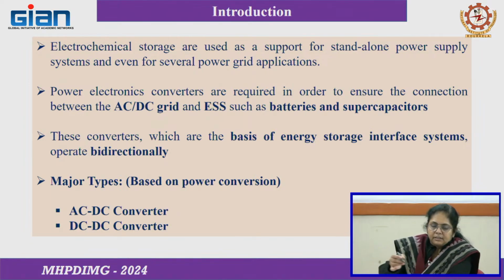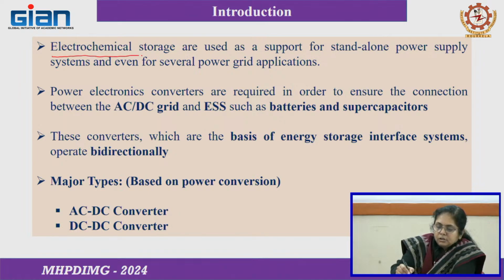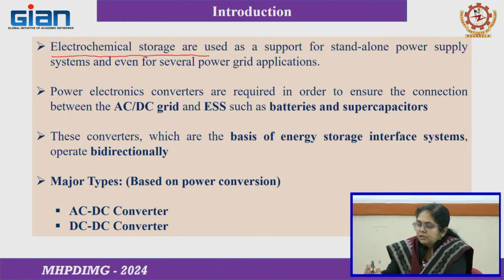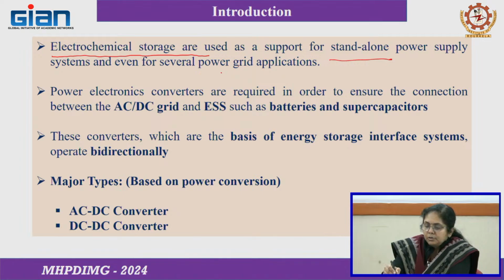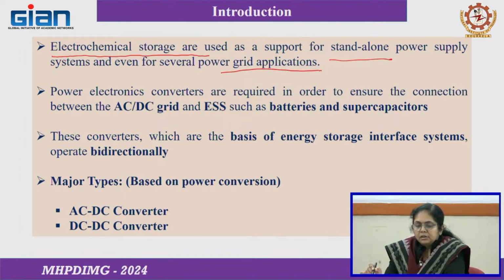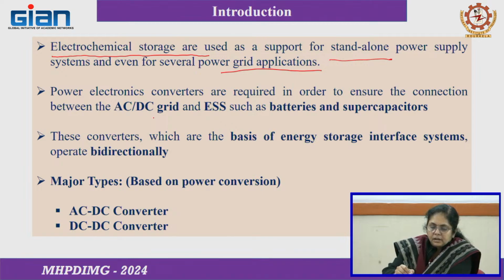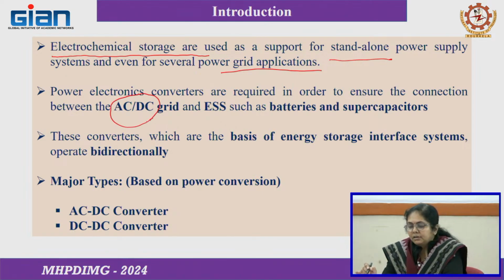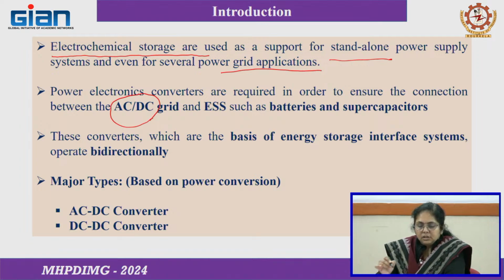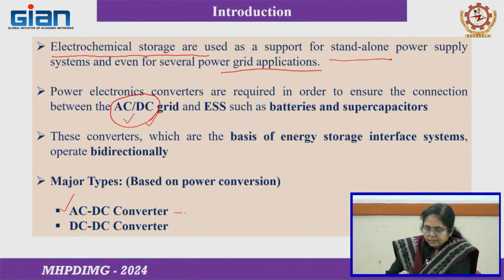In my last class I focused on the electrochemical energy storage that is used for a standalone system. It can also be used for grid connected applications. But how to choose? Depending on whether you are integrating the energy storage with a grid that is AC or DC, you have to choose between two types of power electronics converter. If you are connecting to the AC source or AC grid, because the storage side is fixed DC,